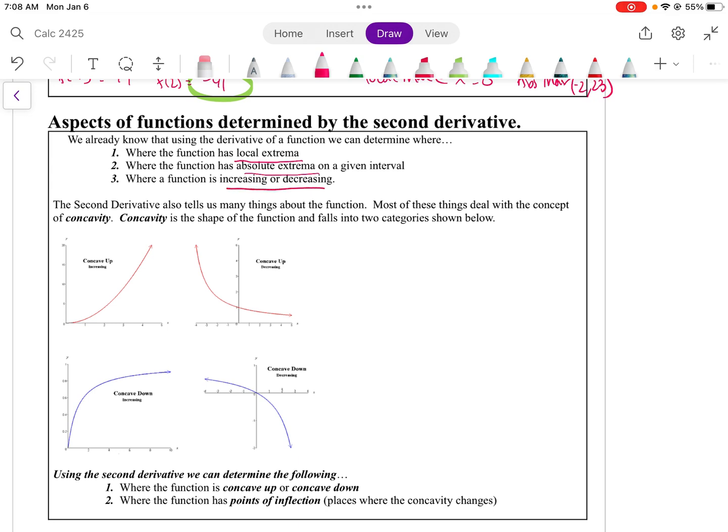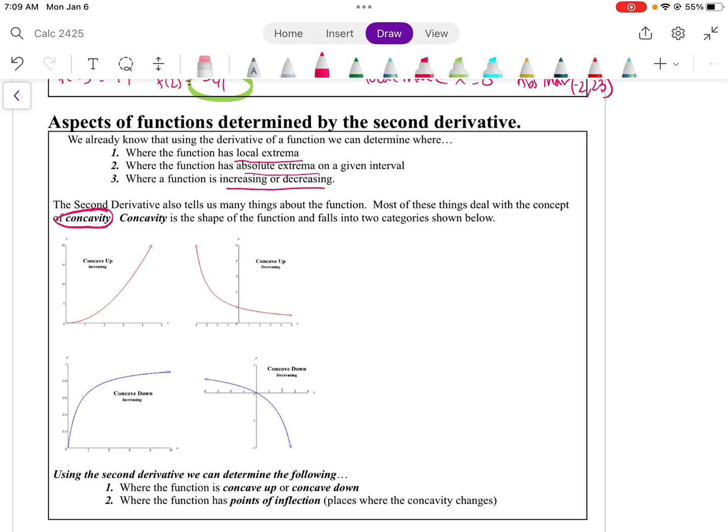So we just did all that based on the first derivative. The second derivative tells us things about the function as well. Specifically, it deals with what we call concavity. And we saw this word in semester 1. We talked about how the function bends. So concavity is the shape of the function, and it can fall into these two categories, concave up or